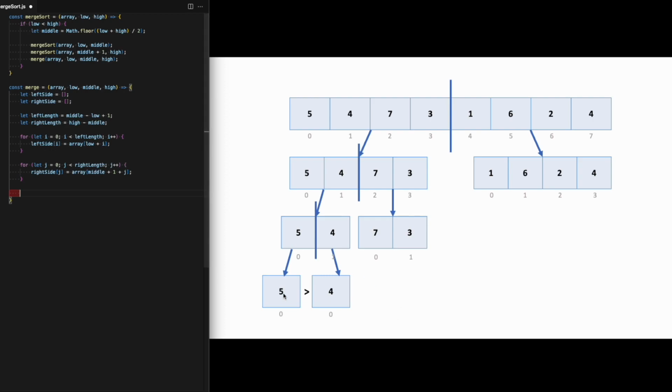Once we've populated the two subarrays, we can then make the comparison. But first we have to redeclare our pointers. i is 0, j is 0, and we're going to make a third pointer here that's going to represent the low index for the resulting sorted array. We'll call that k. k is going to be low. Now we can make the comparison. While i is less than the left length and j is less than the right length, if left side i is less than or equal to right side j,